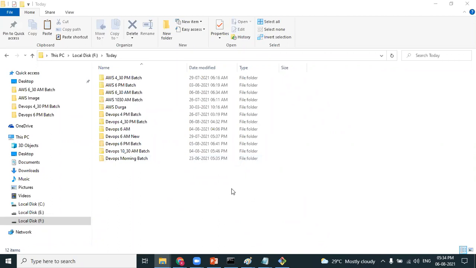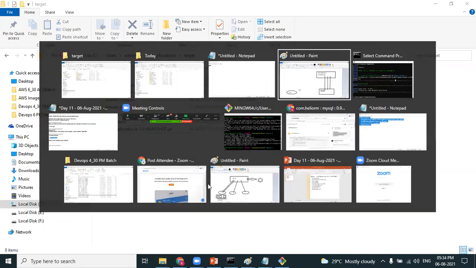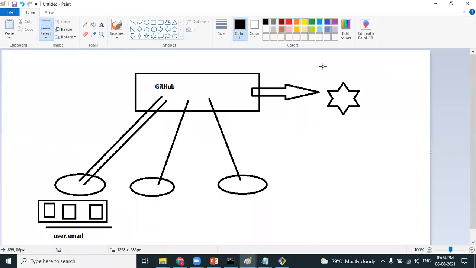Maheshwara, I hope now you got the visualization, how exactly the artifact is ready, isn't it? This is what you were expecting. Yes. Now look at my point. Now we got this artifact. After the Maven package, we got the artifact. Look at this pictorial representation. Now we have the artifact ready, isn't it?